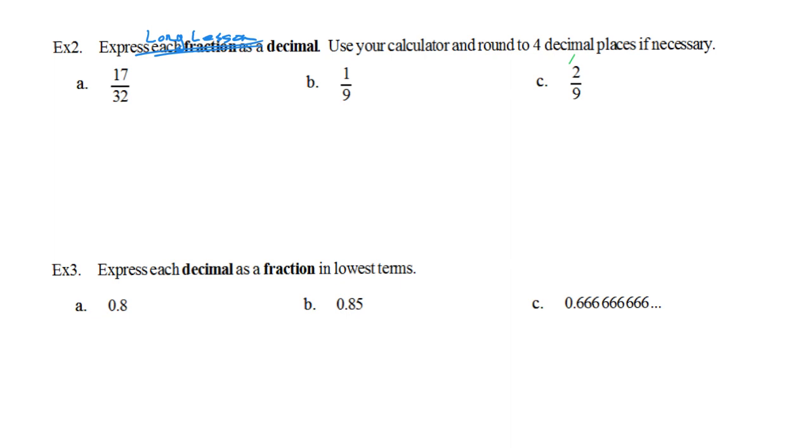So this problem has asked us to round to 4 decimal places, and we're going to use our calculator. On our calculator, we know that this is just 17 divided by 32. So here's what I want you to do. Every time you have to round to 4 decimal places, you must write 5 of the decimals. So in this case, 17 divided by 32 is